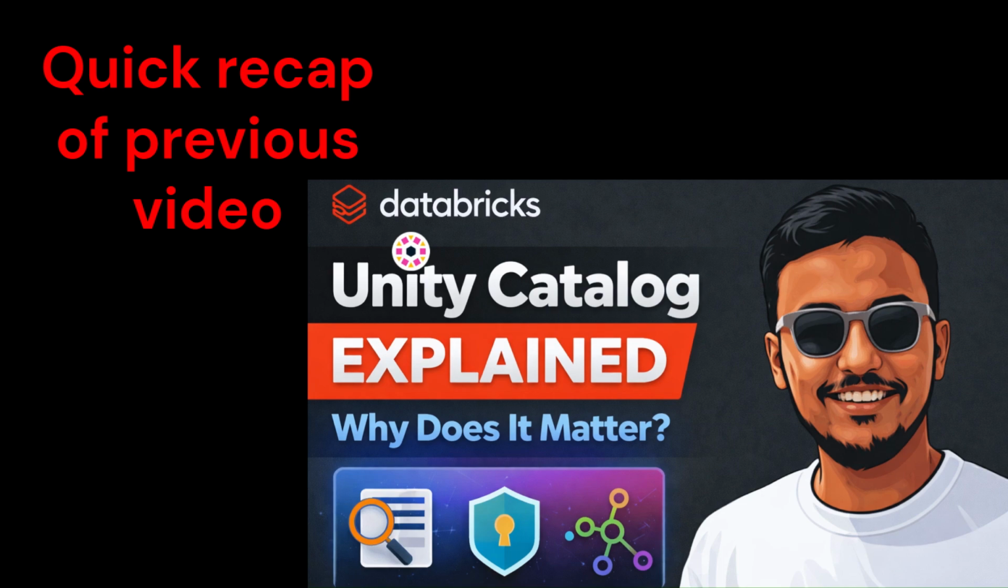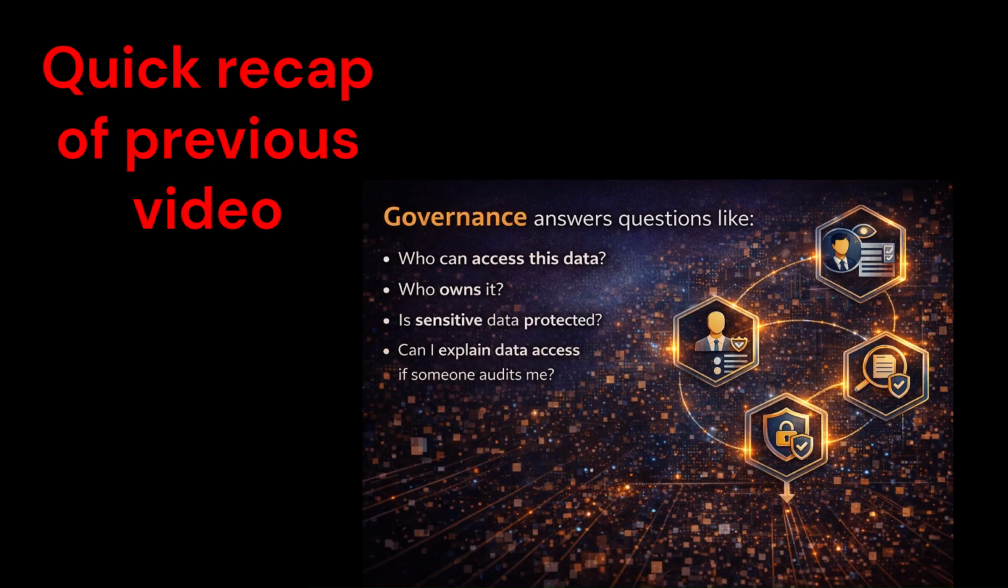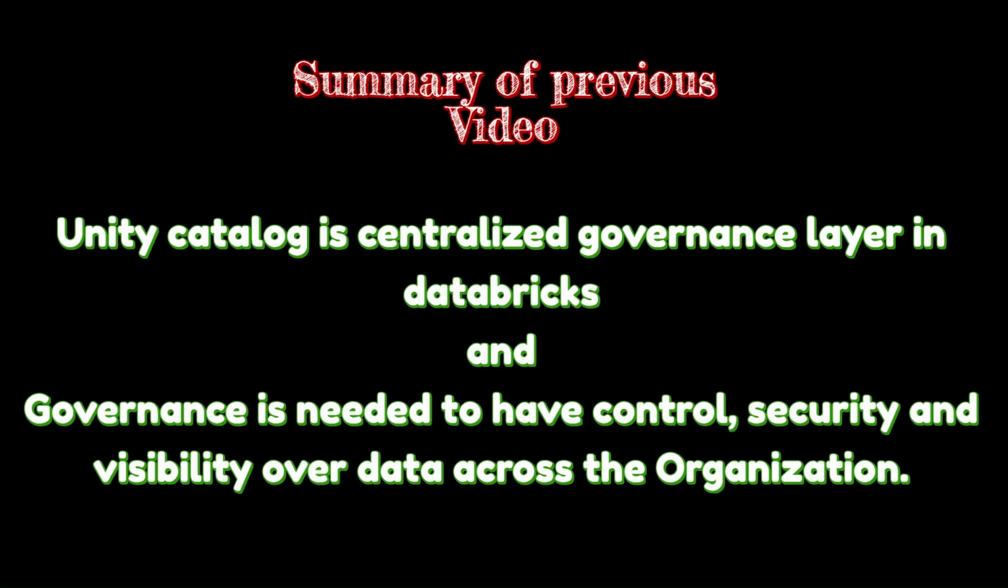In the previous video, we understood what Unity Catalog is and why centralized governance is necessary. Let me summarize the previous video in 2 lines for you. Unity Catalog is a centralized governance layer in Databricks, and governance is needed to have control, security, and visibility over